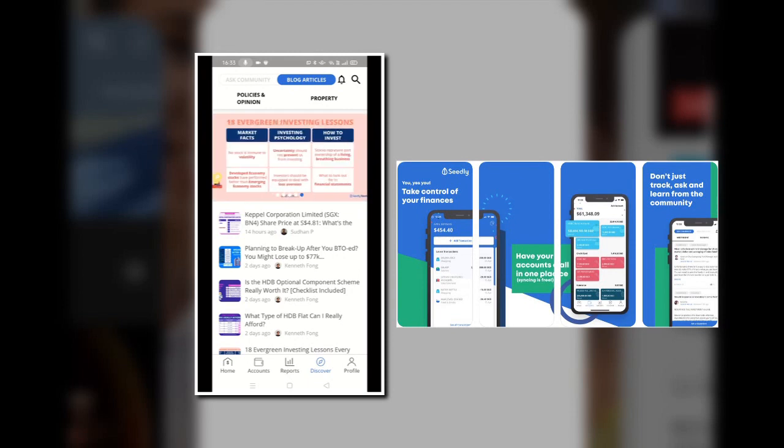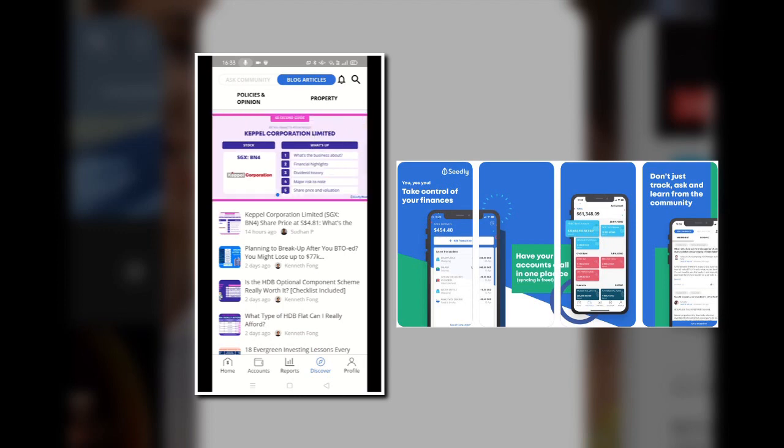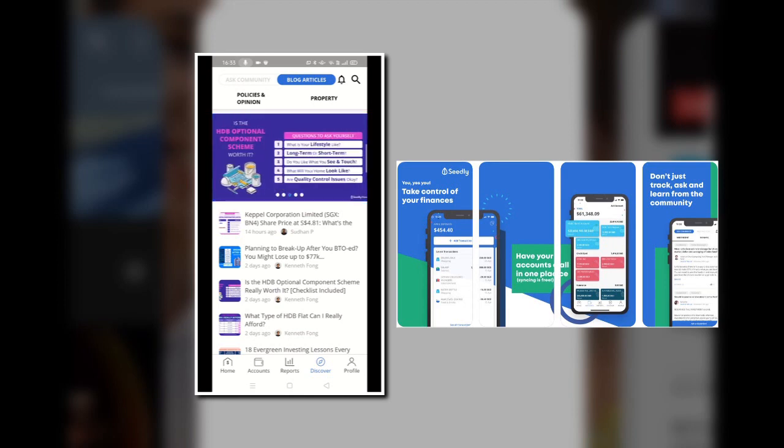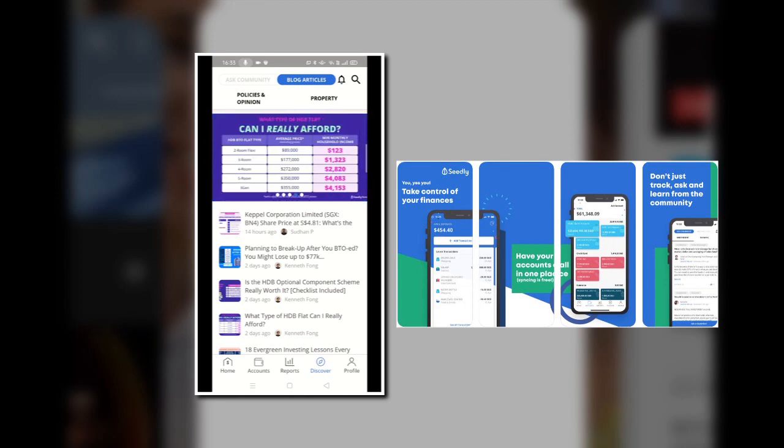So today we'll be talking about financial planning in terms of an app called Seedly app, which helps you to monitor your expenses, budget, and your assets and other sorts of financial planning